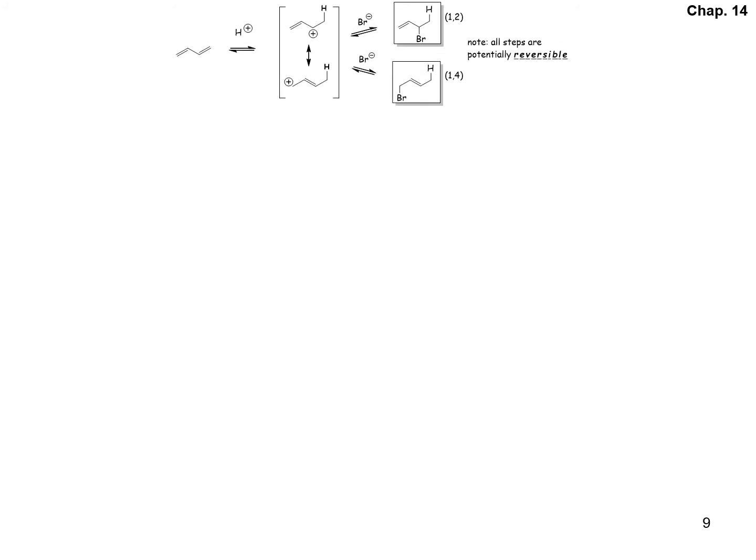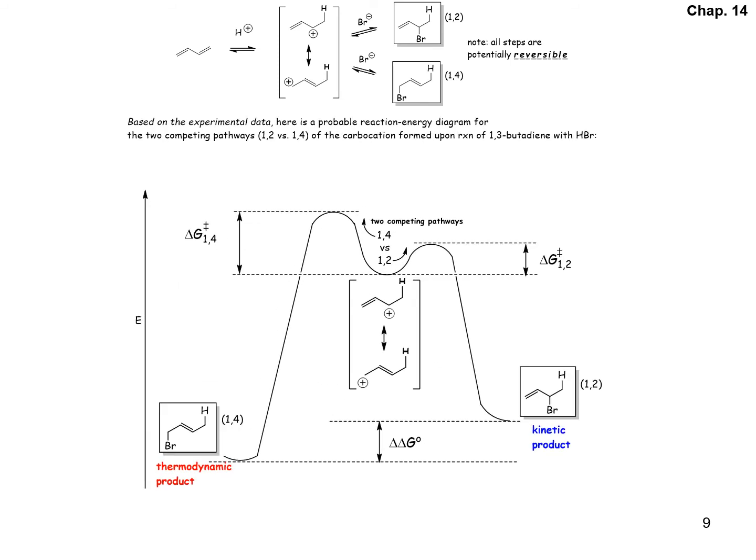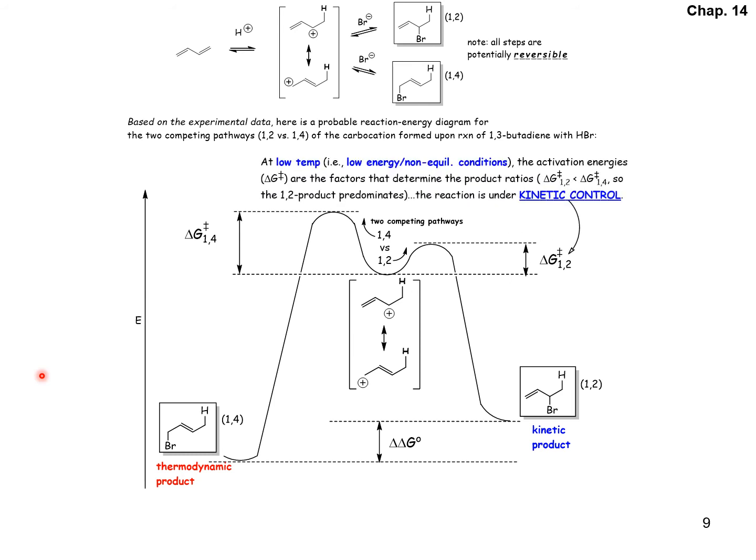We can look at the kinetic versus thermodynamic control of this reaction also by examining the reaction energy profiles that lead to the 1,2 or 1,4 addition products, the kinetic and thermodynamic products. At low temperature, when there's not a lot of energy in the system, there are two competing pathways. We can either go in this direction or in this direction. This direction leads to the thermodynamic product. This leads to the kinetic